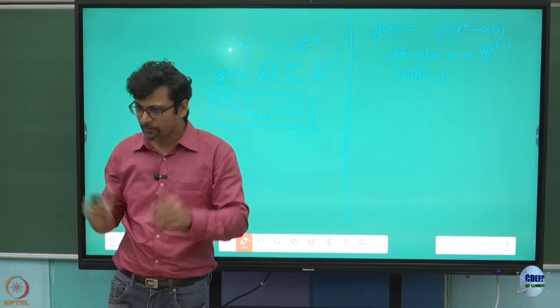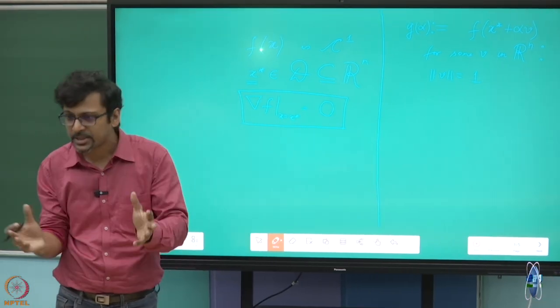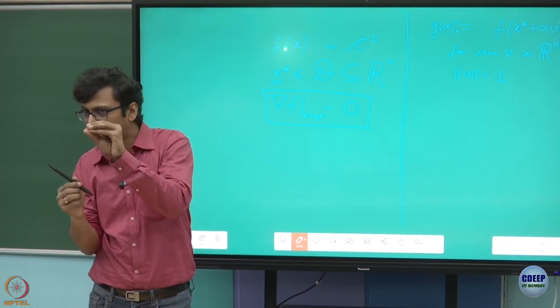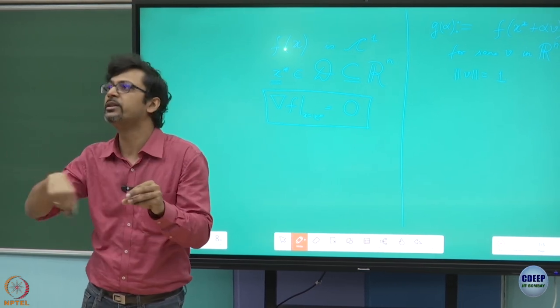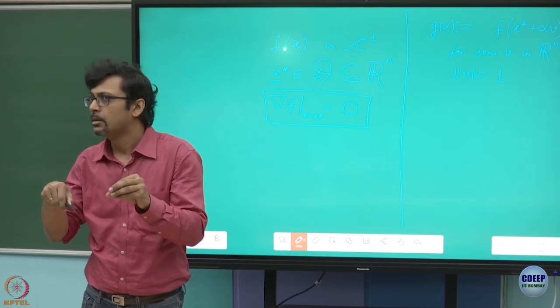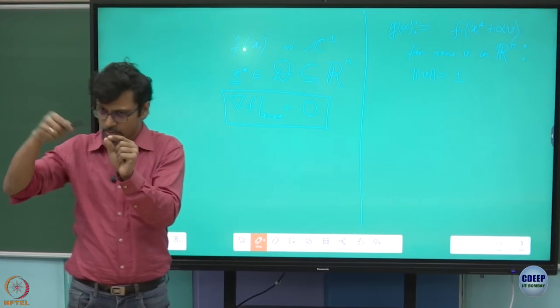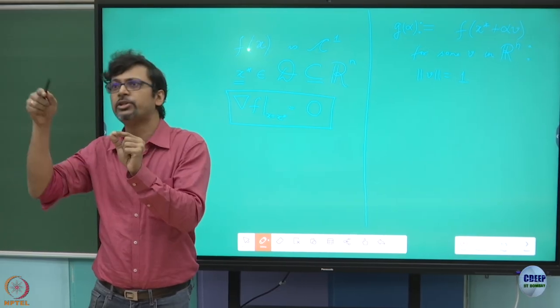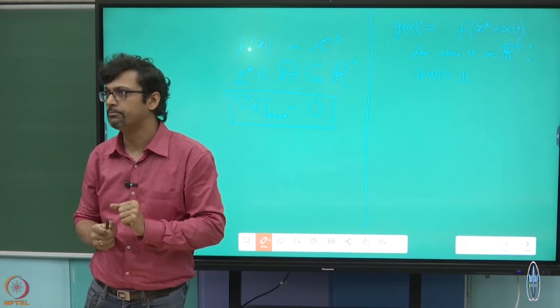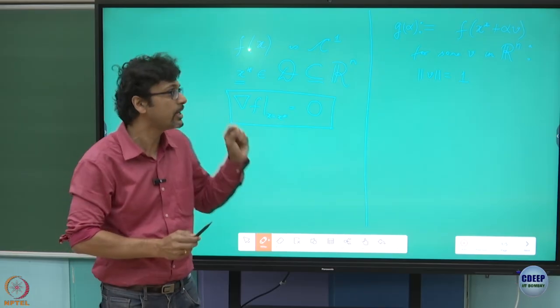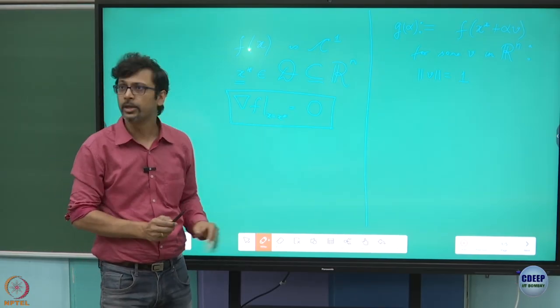You see, the domain of f is a subset of the Euclidean space. So you could approach that point x star from all sorts of possible different directions. But now by varying this parameter alpha, you're only going to travel along one such direction which is specified by v. So there is that issue. I want you to keep that in mind. We will address it before we close this.